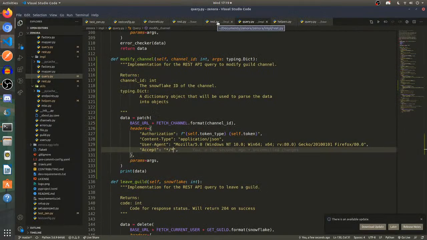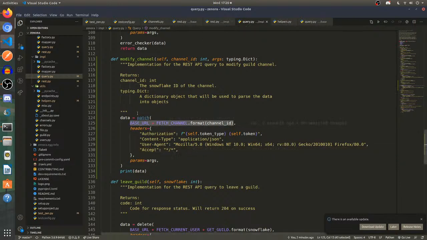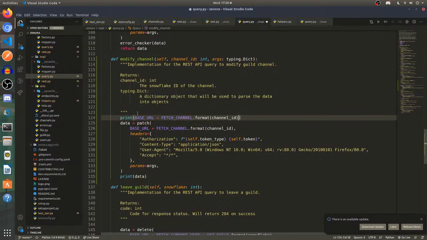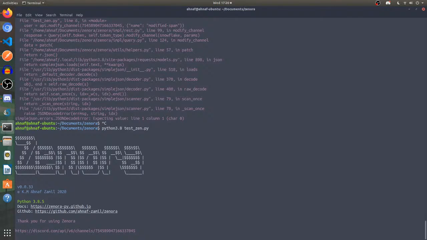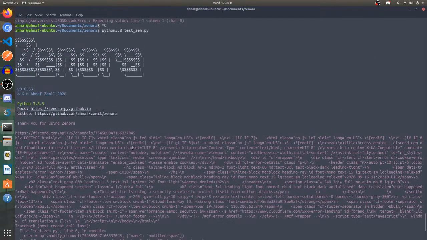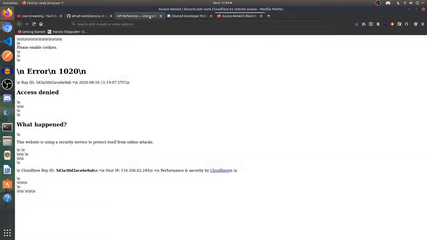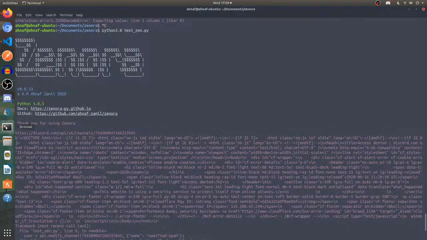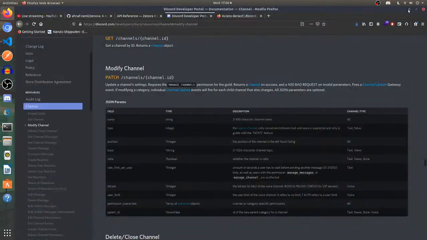I should actually check what the endpoint is basically right now. Let's just print the endpoint to see if it's working or not. What's the endpoint? API. So we have API over here, channels slash, this is the channels, discord.com slash API slash v6 slash channel slash the ID.